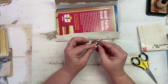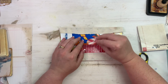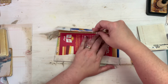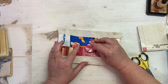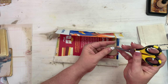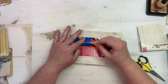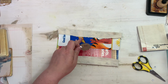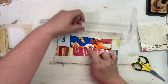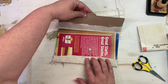All right, I want that. Okay, so I'm going to have it like this in the middle, and then it's going to come down like this. Okay, so I'm going to go ahead and you keep your magnet together like this, and then when you go to place it, it is much easier. Okay, so the magnets are together, and I want to make sure that this is in the center. So right about there is going to be center, and you're going to place that other side of the magnet onto there. So now that's on,